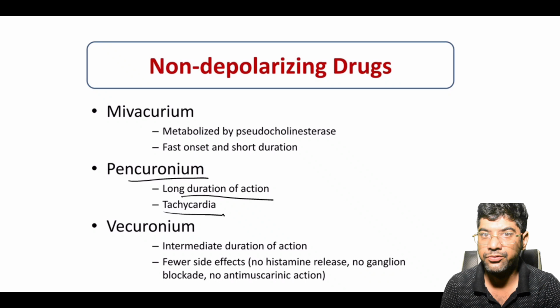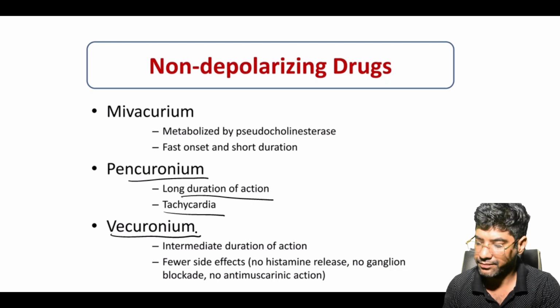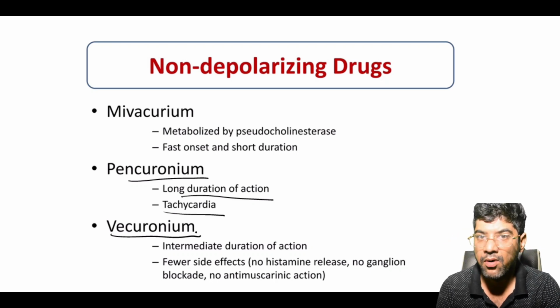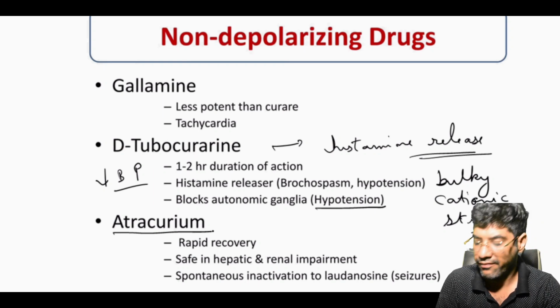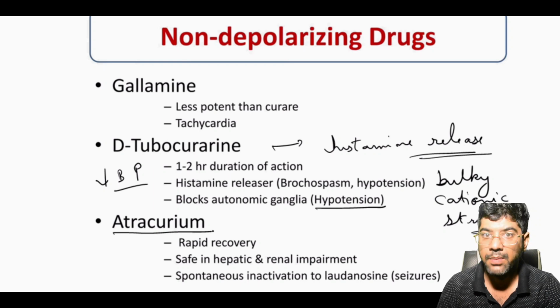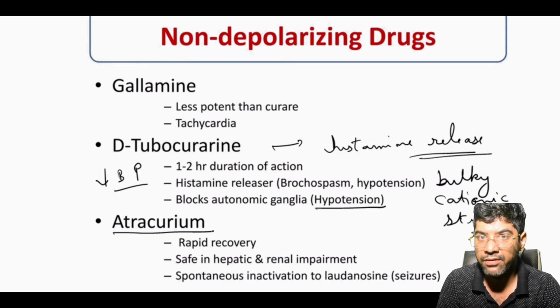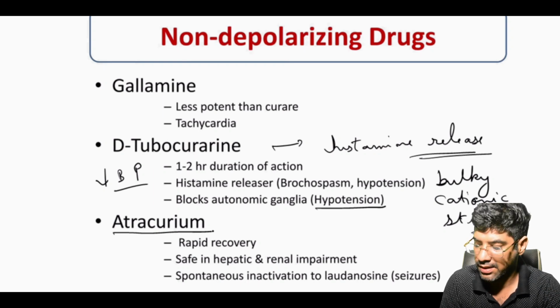The most commonly used muscle relaxant is succinylcholine. It is used for tracheal intubation due to its rapid onset and predictable recovery. Pancuronium is long-acting with good cardiovascular stability, primarily used in prolonged surgeries. Vecuronium has a shorter duration of action, minimal cardiovascular effect, and is used in routine surgeries.